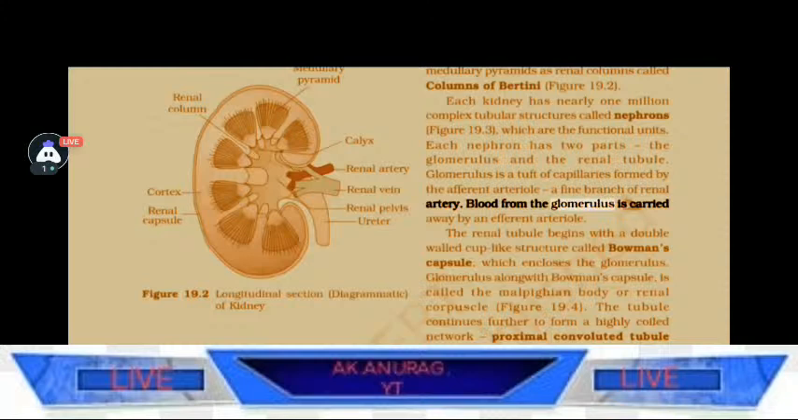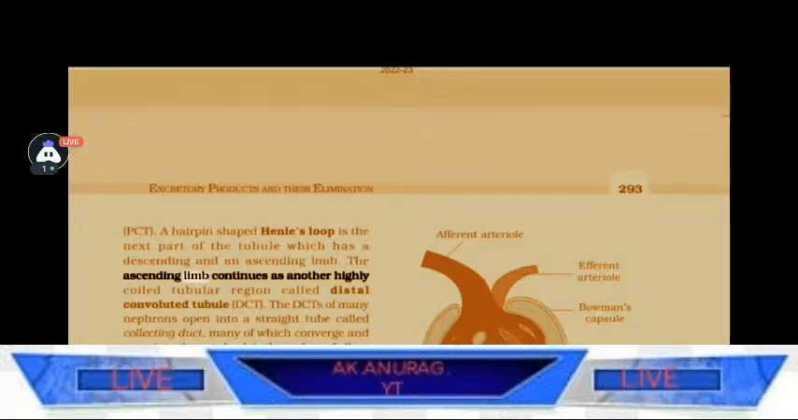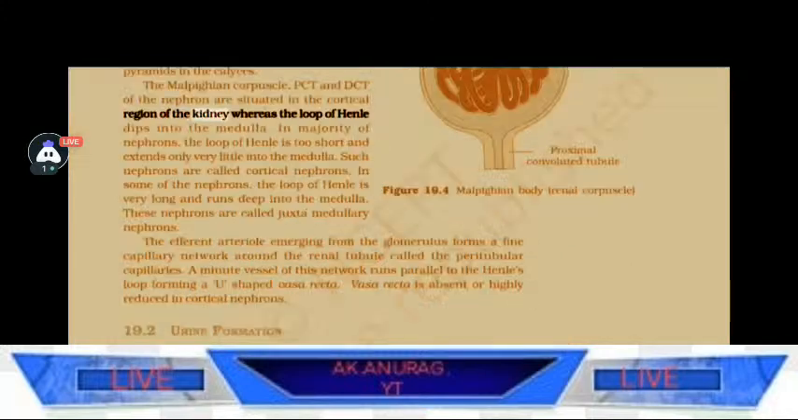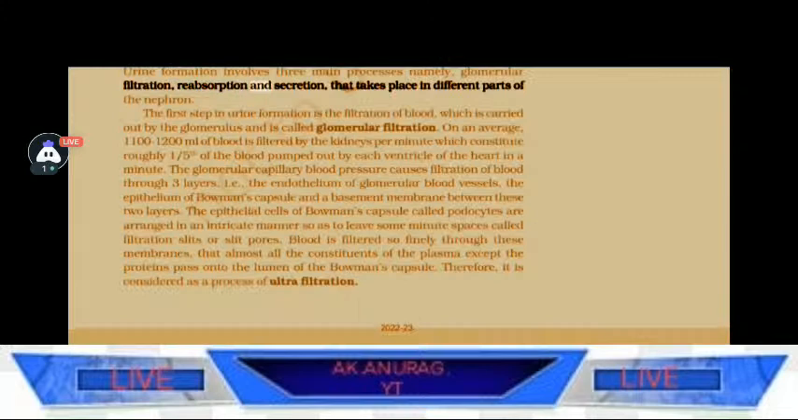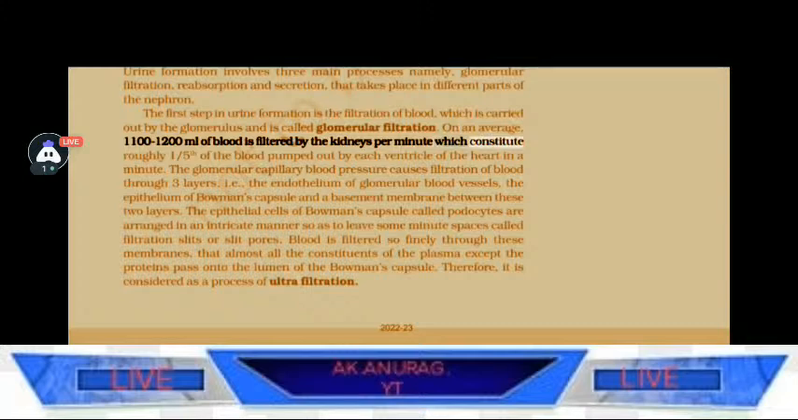Blood from the glomerulus along with Bowman's capsule is called the Malpighian body or renal corpuscle. The ascending limb continues as another highly coiled tubule, the distal convoluted tubule, which opens into a straight tube called the collecting duct, whereas the loop of Henle dips into the medulla. These nephrons are called capillaries. A minute vessel of this network, absorption and secretion that take place by the kidneys per minute, which constitute roughly of